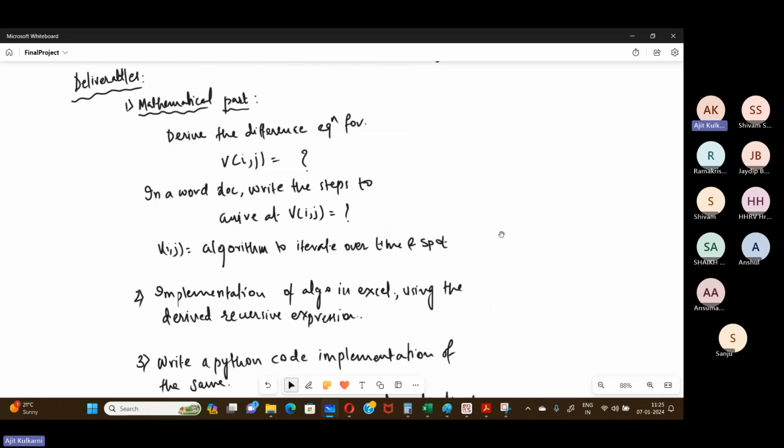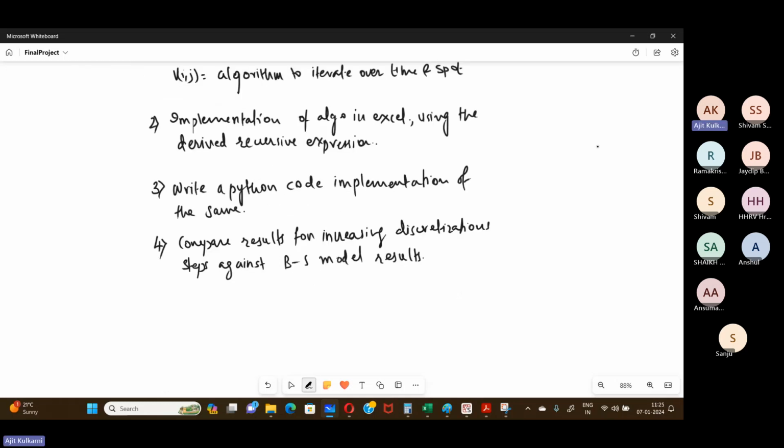So all these four things, all these three things will be part of your submission. A Word doc, so your final submission is a Word doc. Then you have Excel. Okay, neatly labeled